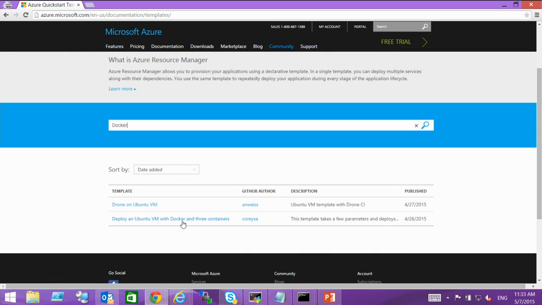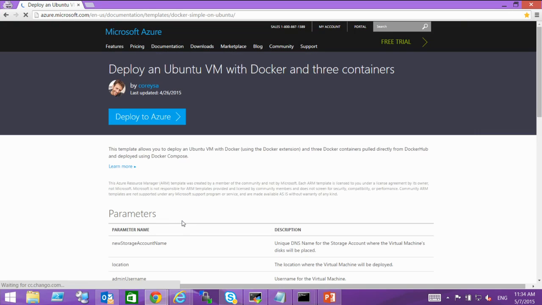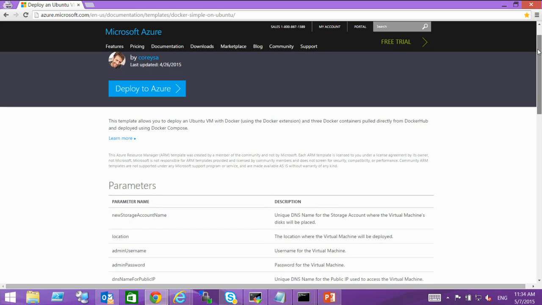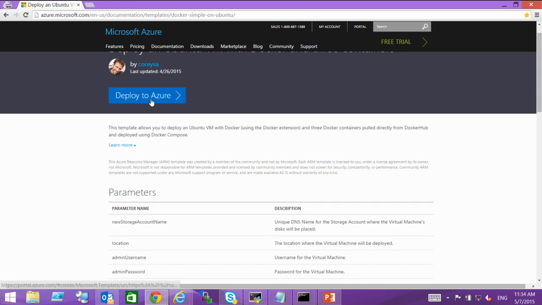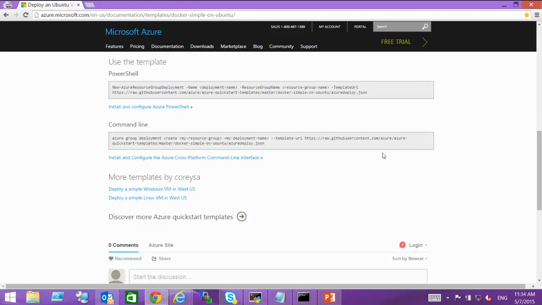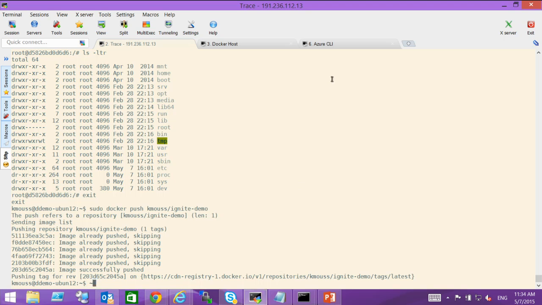So I'll pick this one, basically provision Compose on an Azure VM. This will take you to a couple of options you can deploy. You can use the portal directly, so you just go and click deploy to Azure, or you can pick up the CLI command on the bottom,